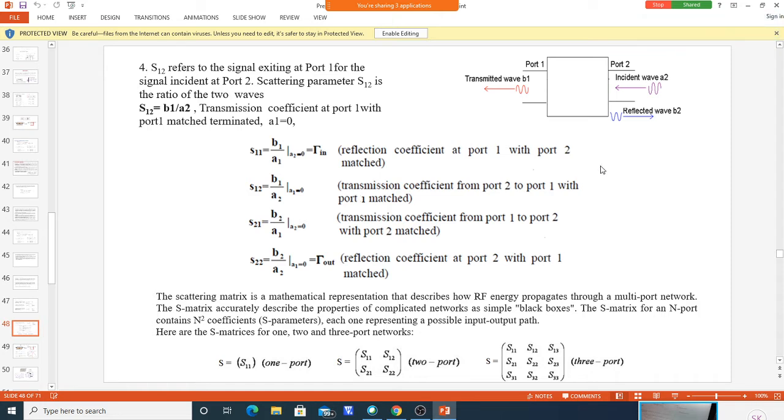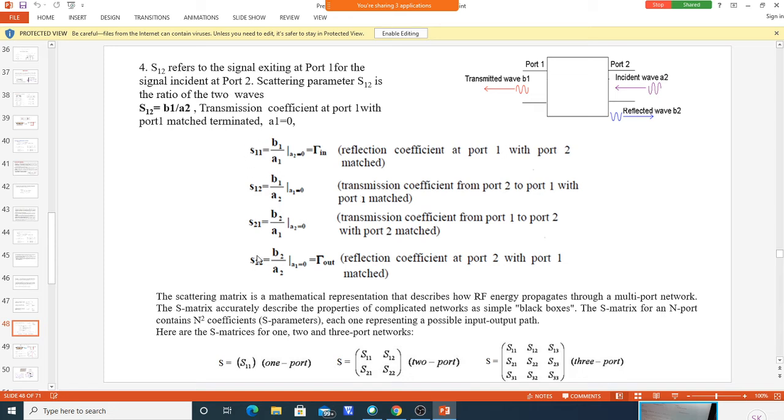Sometimes we may bring a device, say an amplifier. If you have to check whether that amplifier is working or not, how do we check that? At RF and microwave frequencies we measure these S parameters, and from these S parameters we can come to know whether it is acting as an amplifier or not. Also, an amplifier may give amplification only at a particular frequency or a band of frequencies. That you can also come to know from these parameters, because we plot the S parameters with respect to frequency.